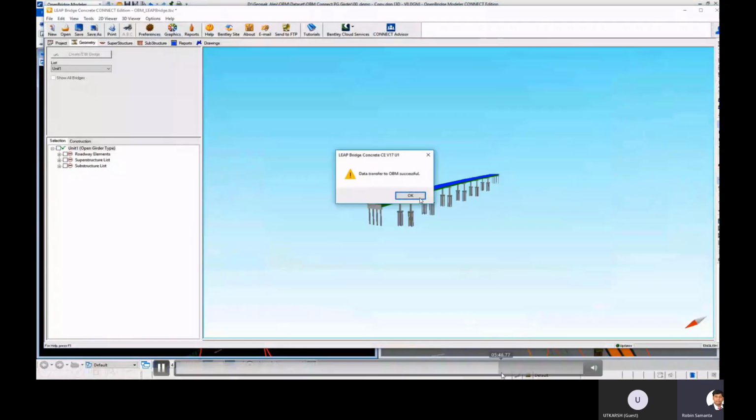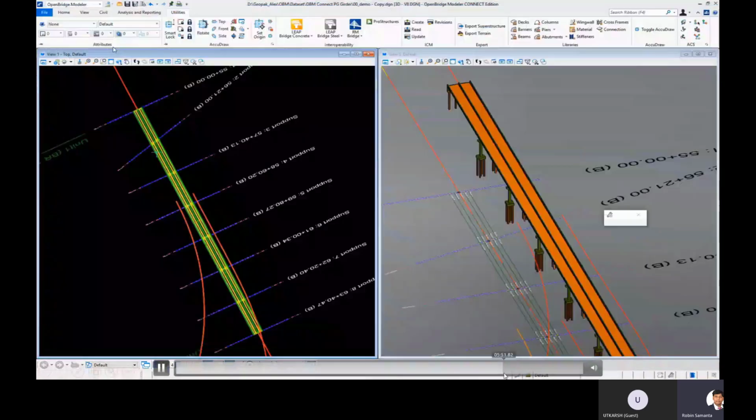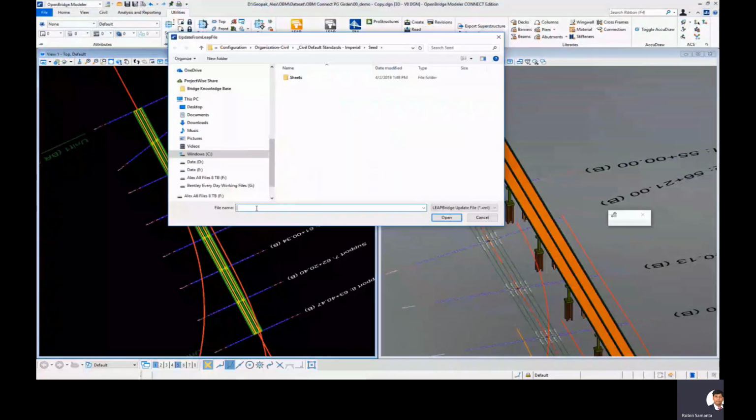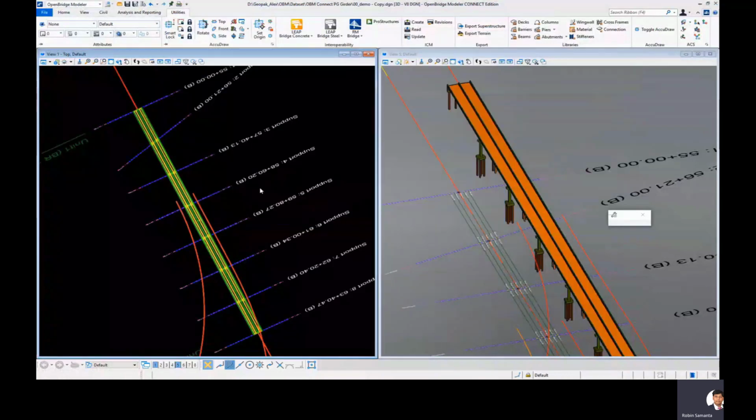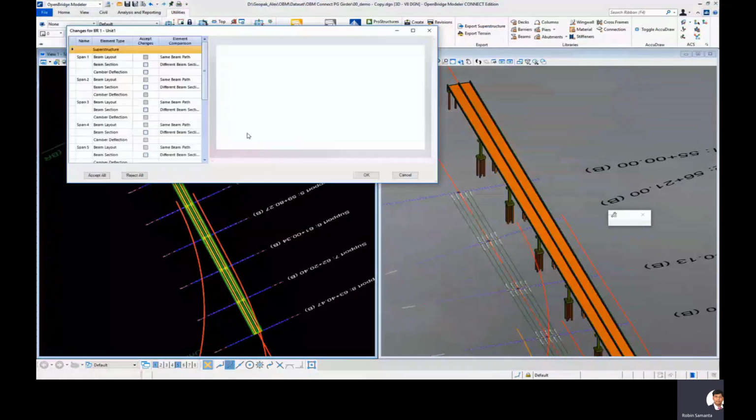And on the OBM side, in this 3D model, we are here now, and you can see the update feature. We'll use that update feature and select the file we have created from there, right? And then when we load it, it will show you a difference report showing which areas have been updated, whether you want to apply all the changes or only certain changes.